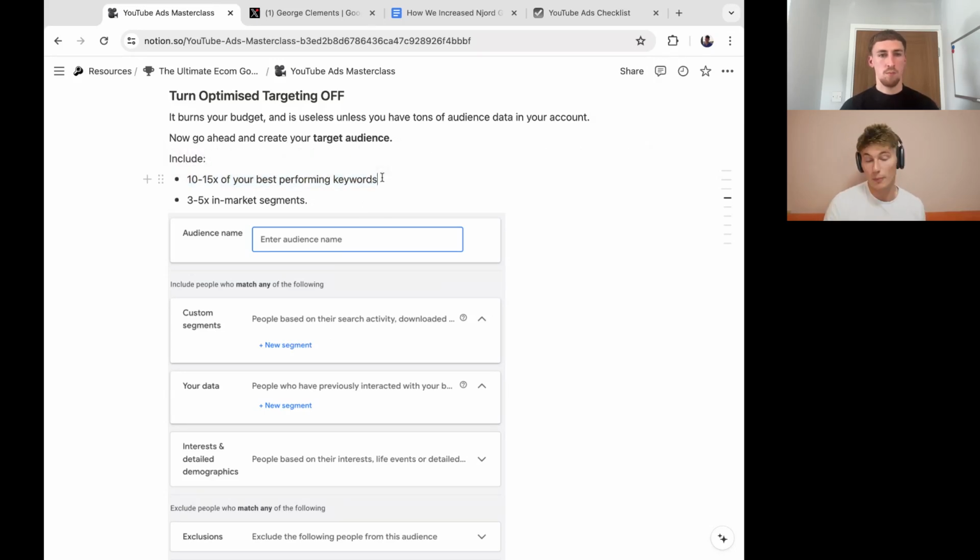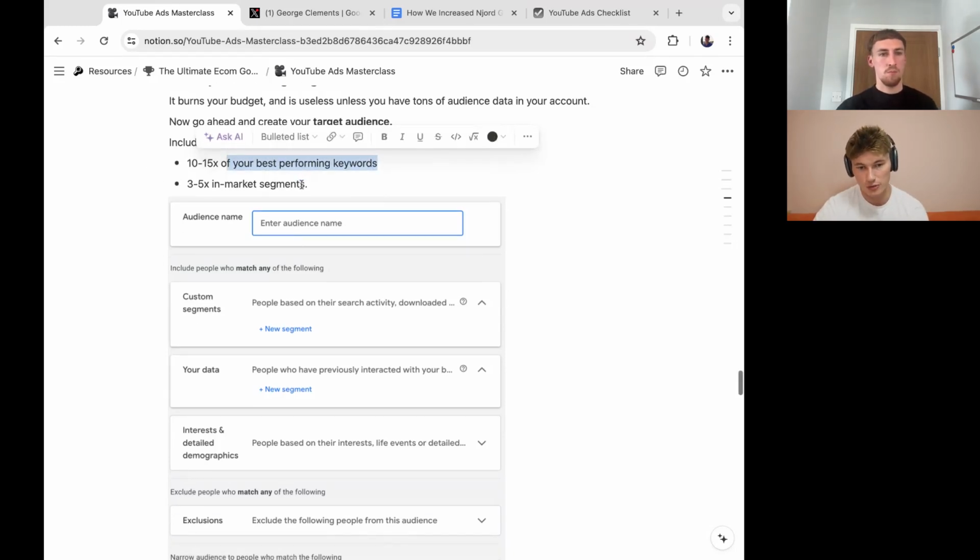If you don't know what your best performing keywords are, then go to Google Keyword Planner and do some keyword research. Again, I've got another video on how to do that on my channel, but basically just pull 30 plus keywords that have a decent search volume. You can use platforms like Google Trends to analyze search volume, but Google Keyword Planner will tell you. Make sure that your keywords have at least about 10,000 monthly searches. You could push it down to maybe 1,000 monthly searches, but I would say 10,000 monthly searches is the minimum. So add 10 to 15 of those in there.